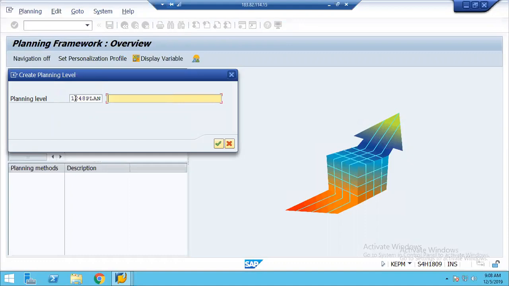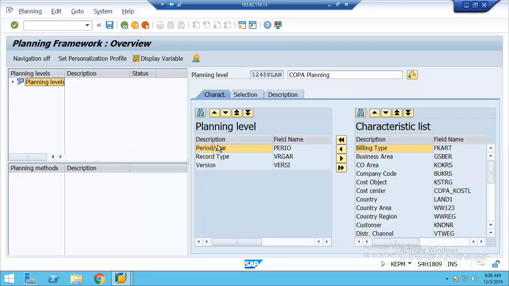Okay, COPA planning 1248 plan. Right, planning level. We have created the planning level and we got a window. We have entered a code and we have given a description. Now, if you see over here, these are the fixed characteristics